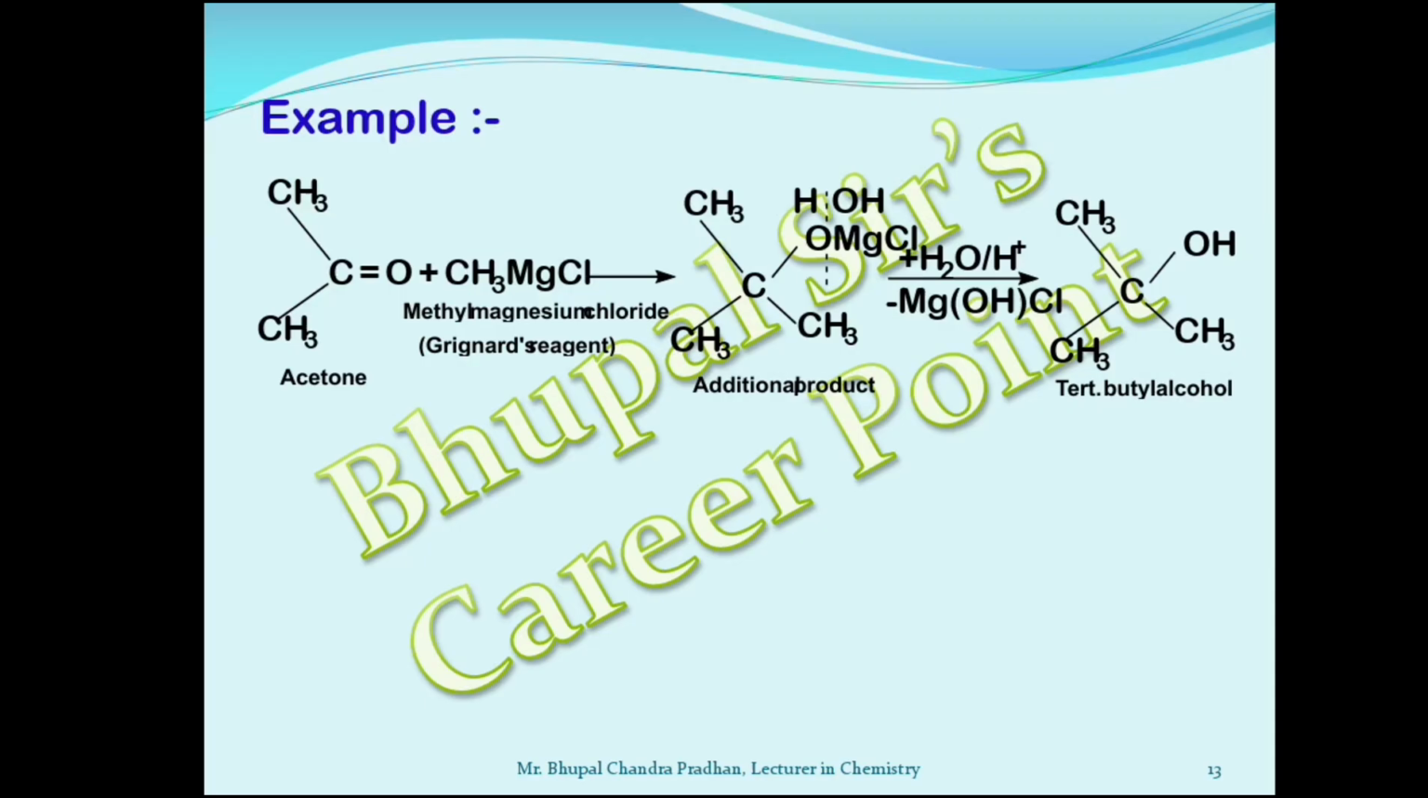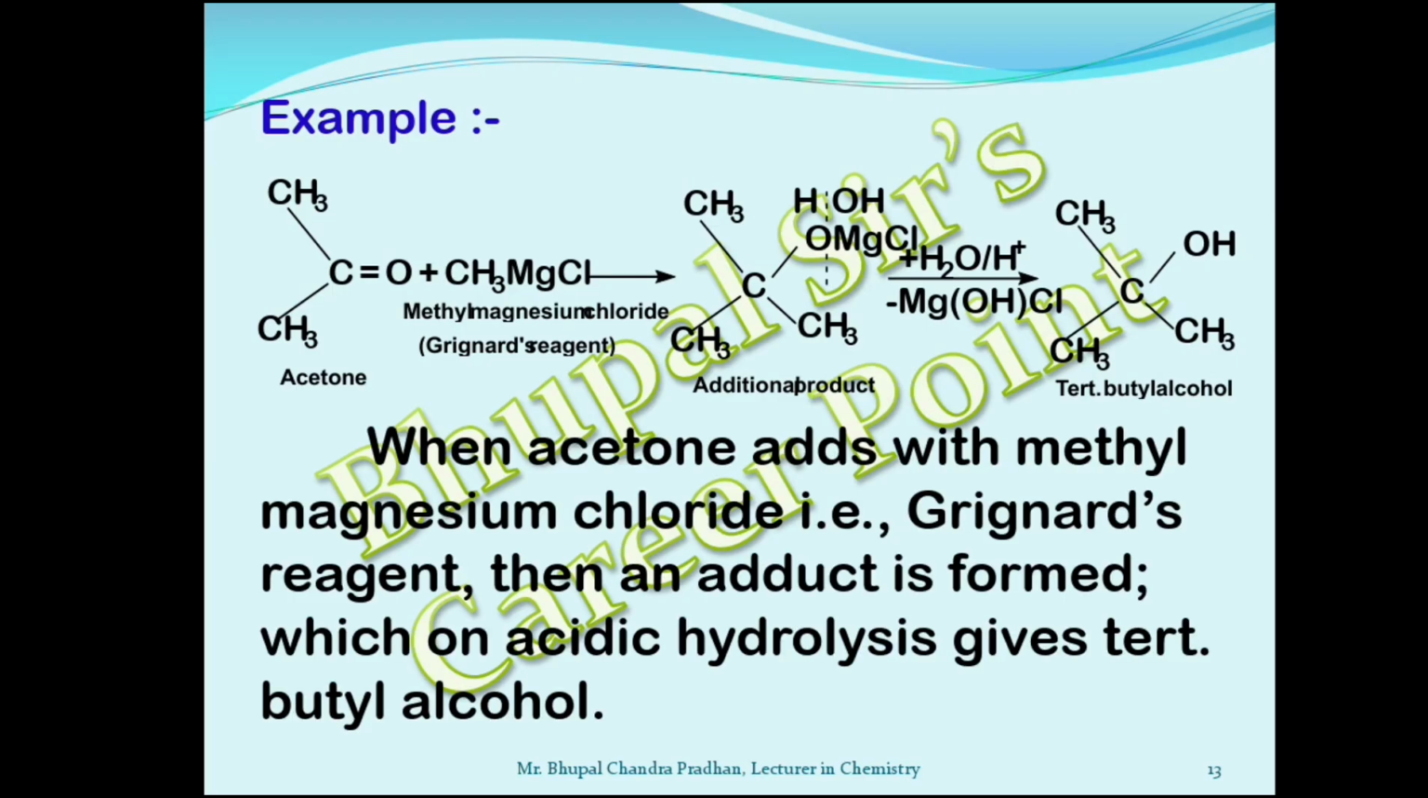So it is a tertiary, 3-degree alcohol known as tertiary butyl alcohol, or in IUPAC name it is known as 2-methylpropan-2-ol. So in the statement what we have to write down: when acetone adds with methyl magnesium chloride, that is Grignard's reagent, then an adduct is formed, which on acidic hydrolysis gives